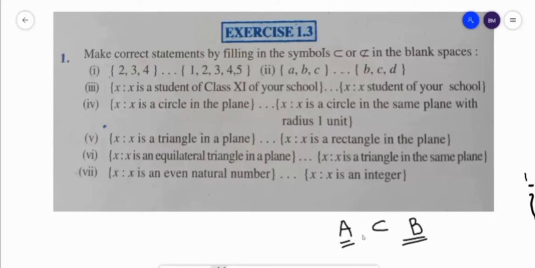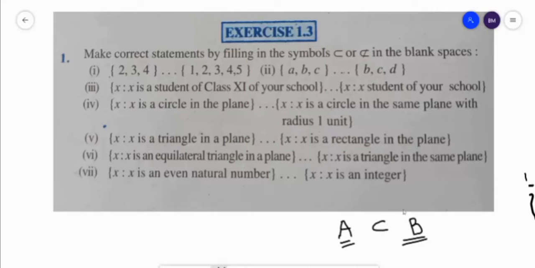If all the elements of A, all the elements of this set, are contained in the other set B, then we say that A is a subset. This is the proper subset sign and this is the improper subset sign. It may be equal also. So let us start. Exercise